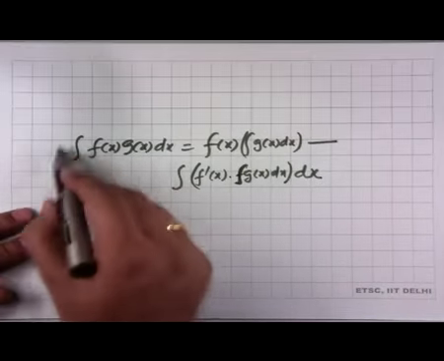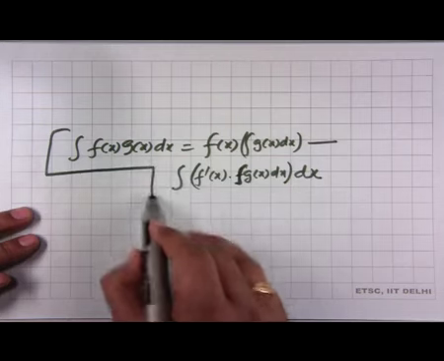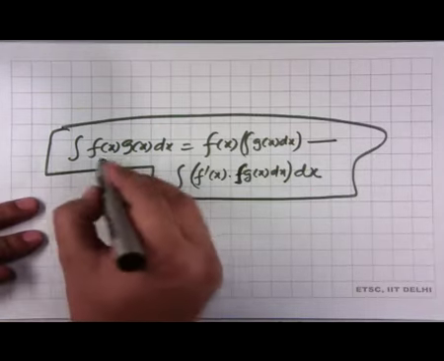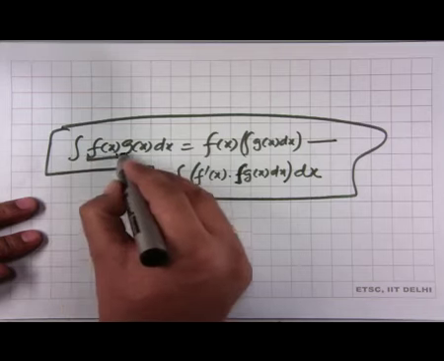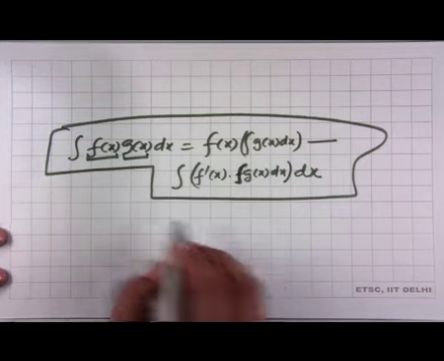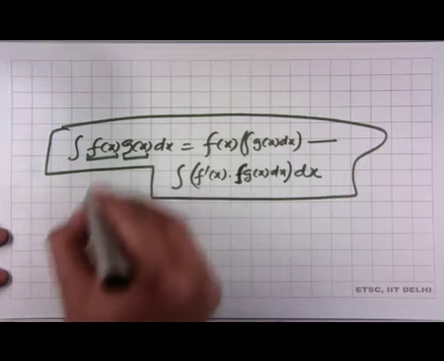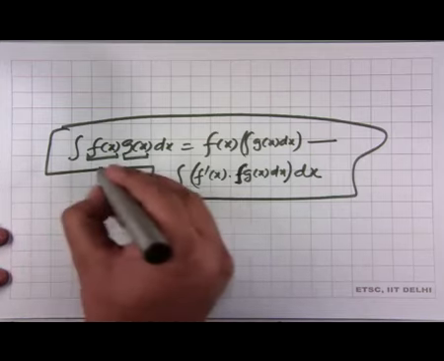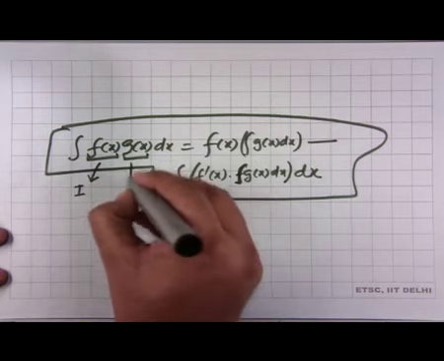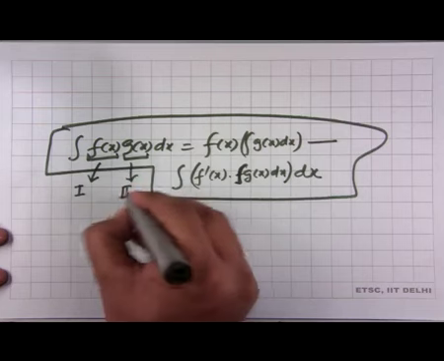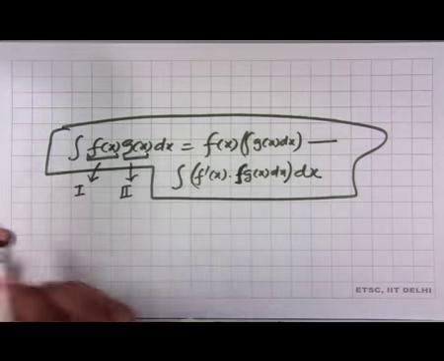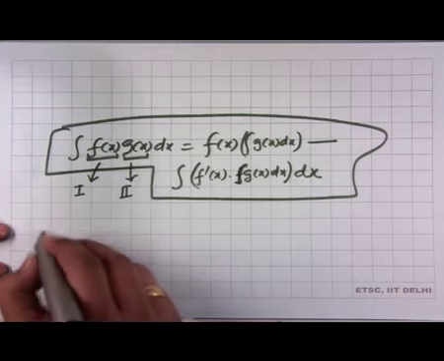So, this becomes the formula for integration by parts, or the formula for integration of a product of two functions. How shall we understand it? Integration of the product: we will call one of the functions the first function and the other function the second function. So, if the integrand is written as the product of two functions, first into second, then the integral